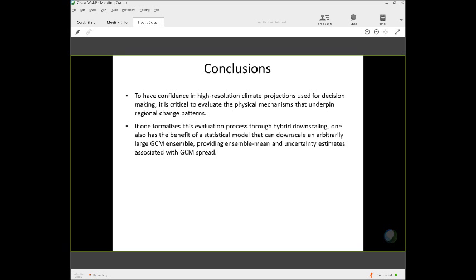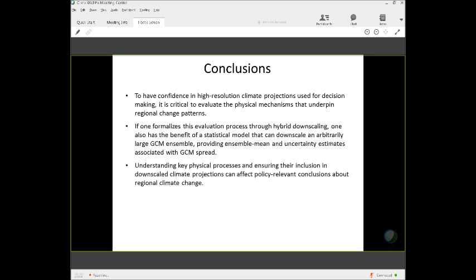To actually believe these patterns, we have to dive into them and understand why they have the attributes that they do. And if one formalizes this evaluation process through hybrid downscaling, one also has the benefit of a statistical model that can downscale an arbitrarily large GCM ensemble. And this is important because it provides information about ensemble mean changes and uncertainty estimates that are associated with GCM spread. And understanding key physical processes and ensuring their inclusion in downscaled climate projections can in fact